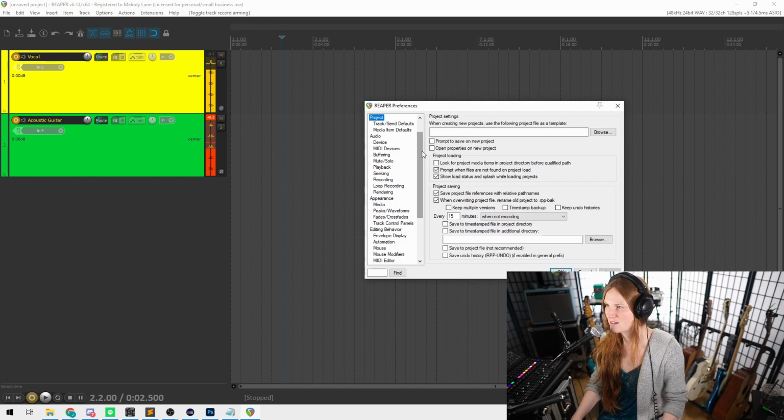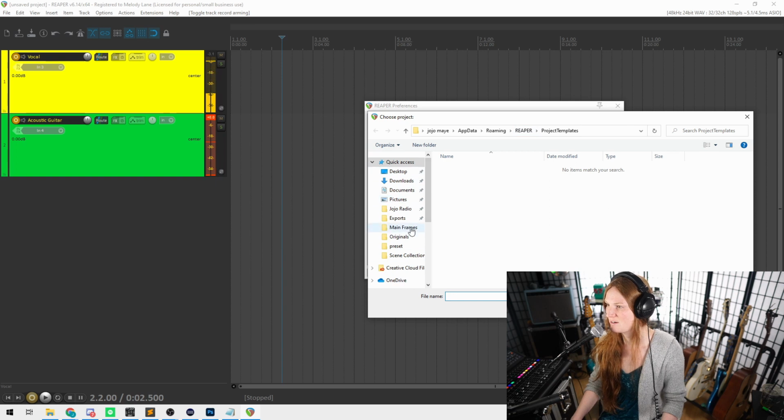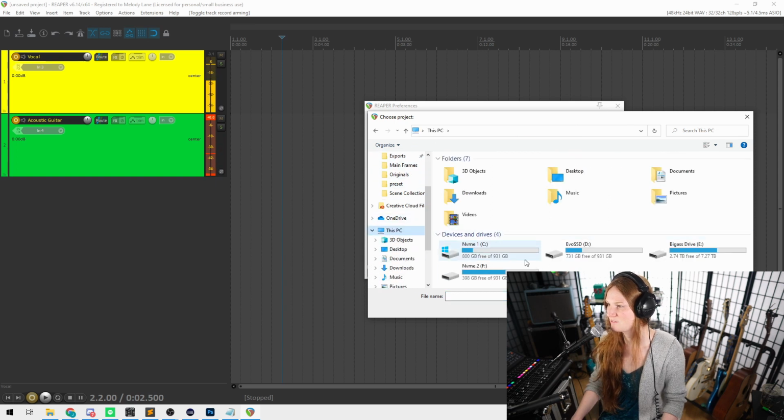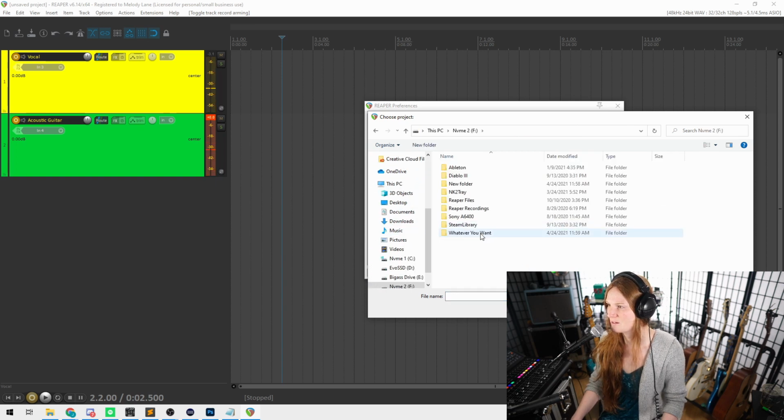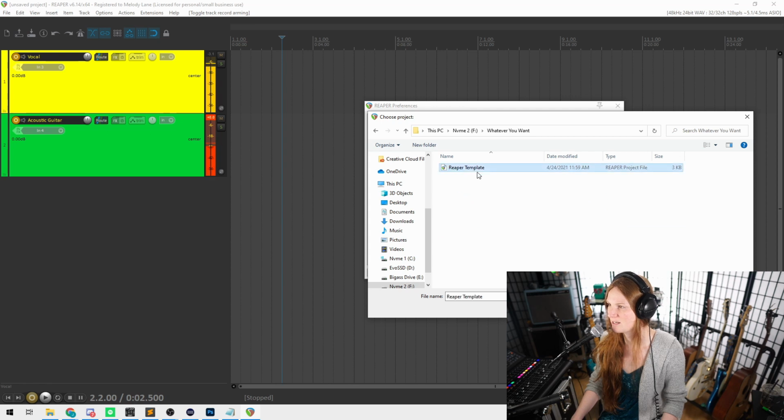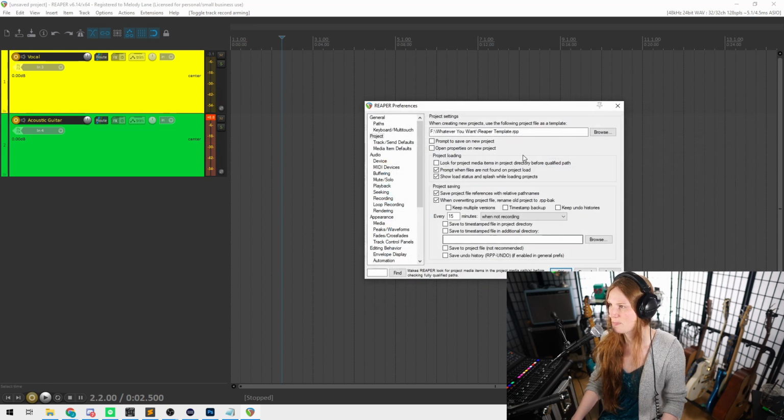Now you go to Options, go down to Preferences. You're going to click on this project button right there. You're going to go over here. If you read this, it says when creating new projects, use the following project as a template. So you can click Browse, then you find the same thing that you found the first time, and then you click Reaper Template, click Open. Now, when you start Reaper,